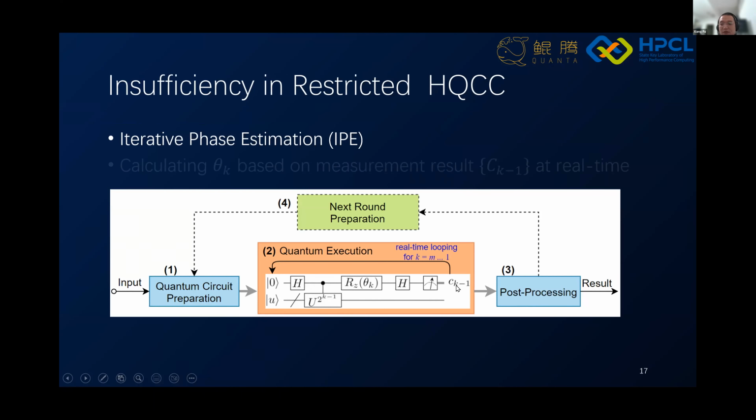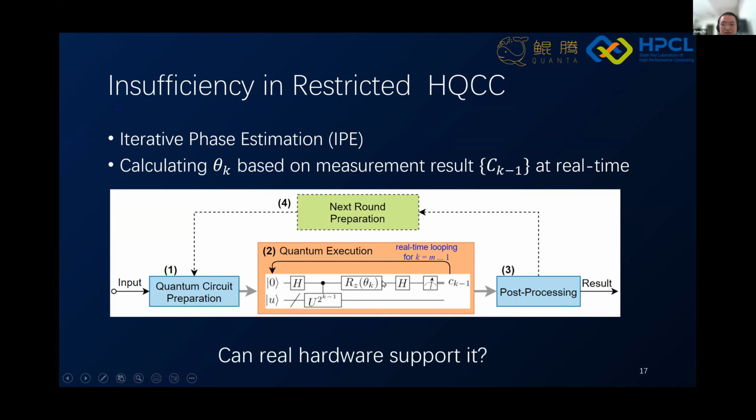Then it performs the measurement here, and it uses the measurement result c_k to calculate the rotation angle theta here. And this calculation happens in real time. Can we support it? Can real hardware support it? The answer is that real hardware can support it, but languages based on the restricted HQCC model cannot.